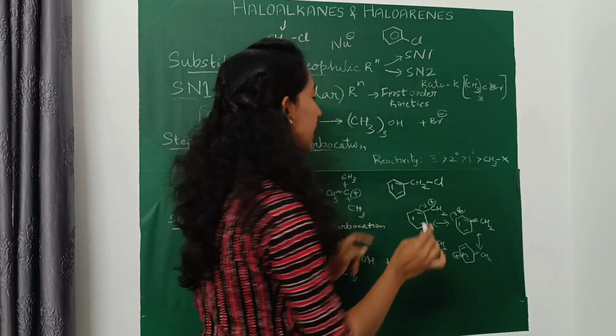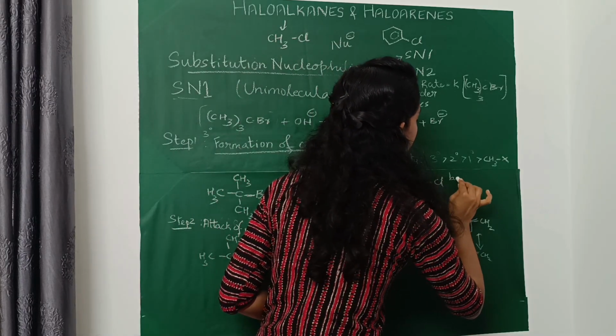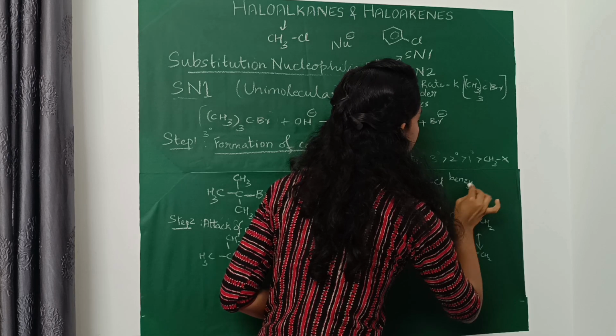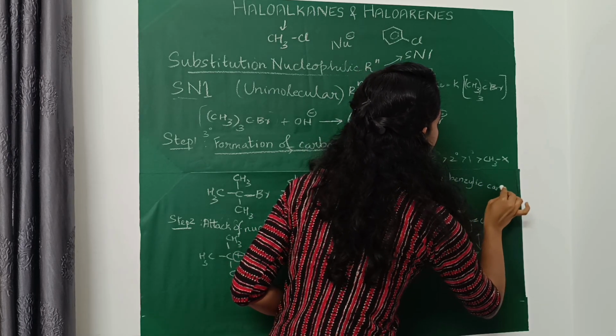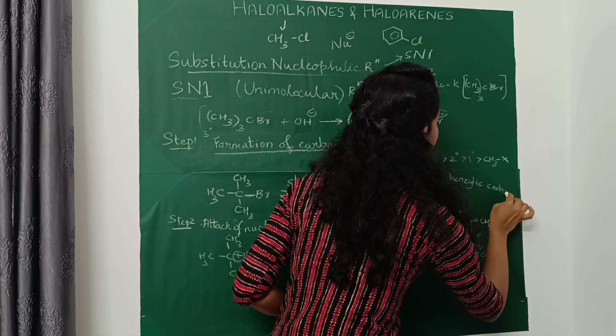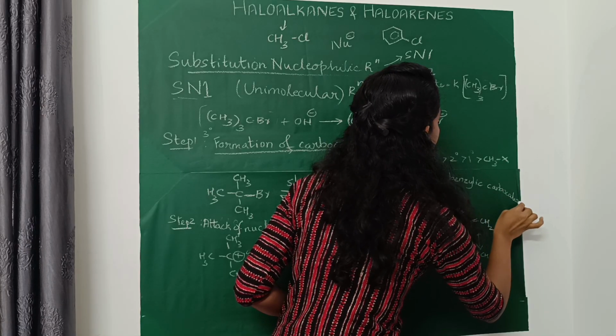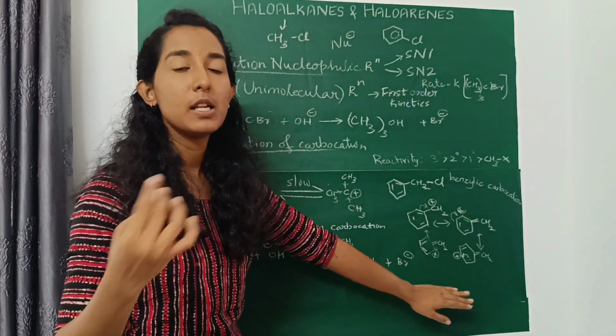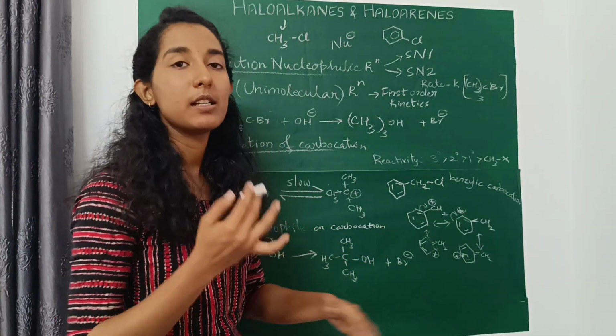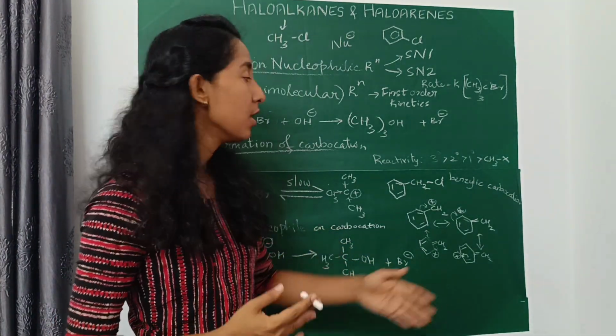So here you can see the benzylic carbocation. The benzylic carbocation is resonance stabilized, so it is more prone to SN1 reaction, because reactivity will be high for benzylic